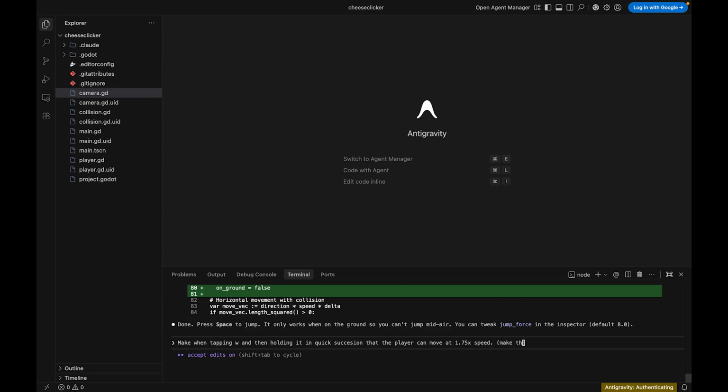Make this a bar at the start so I can change it,